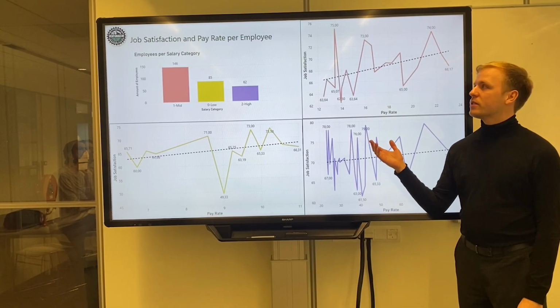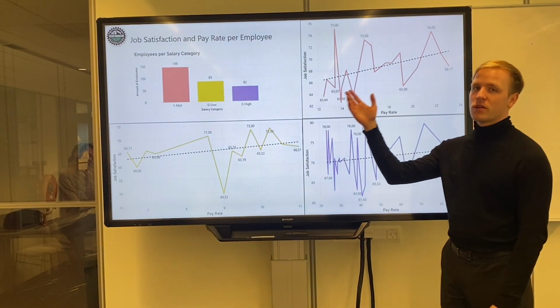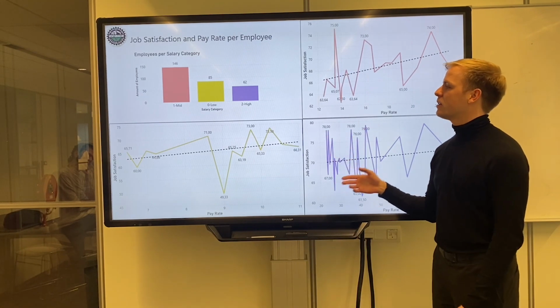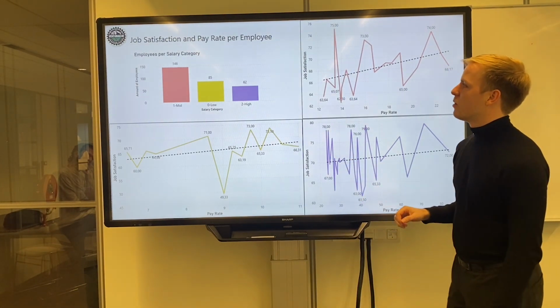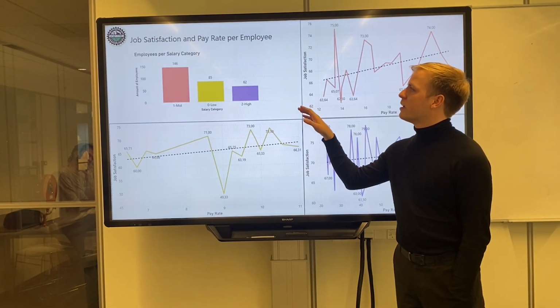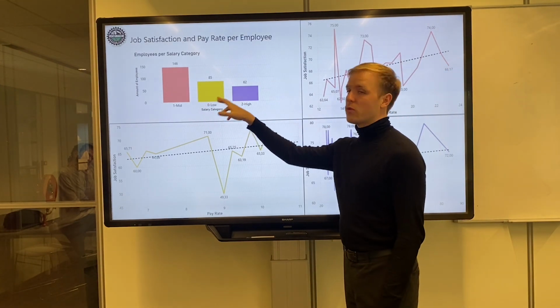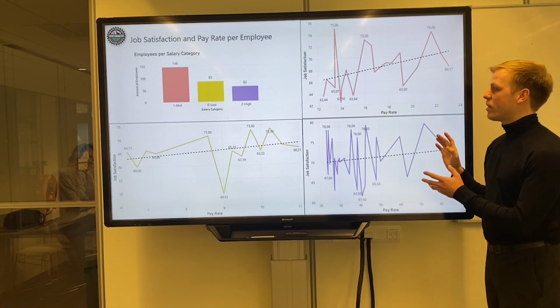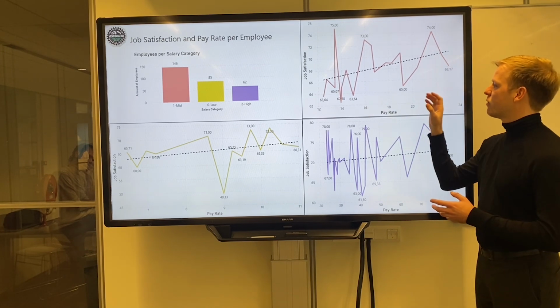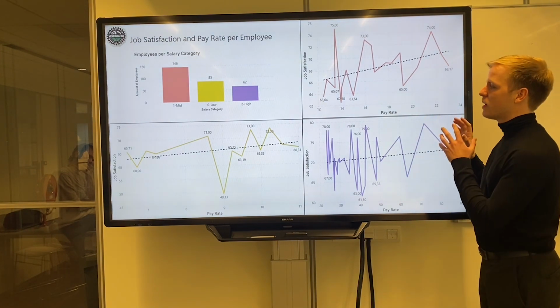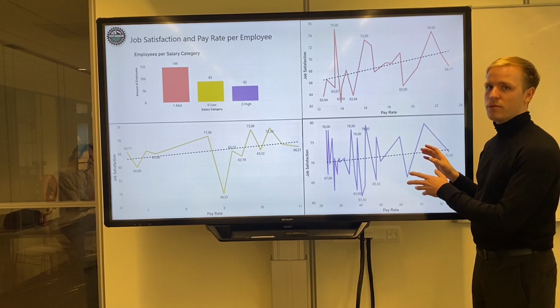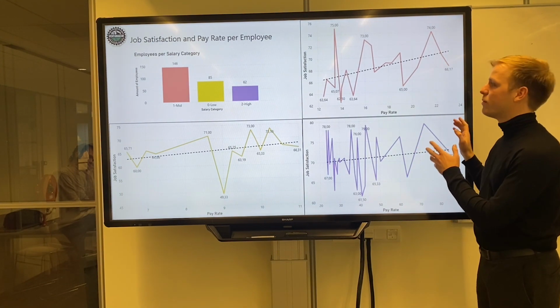We looked at the pay frequency, and therefore we also want to look at the pay rate, if that has an increase on the job satisfaction. So we first put the employees into 3 salary categories, the mid into quartiles. Therefore we came up with 3 graphs for job satisfaction in relation to pay rate. It's important to say not to compare them, but just to look at them each by their own, because the